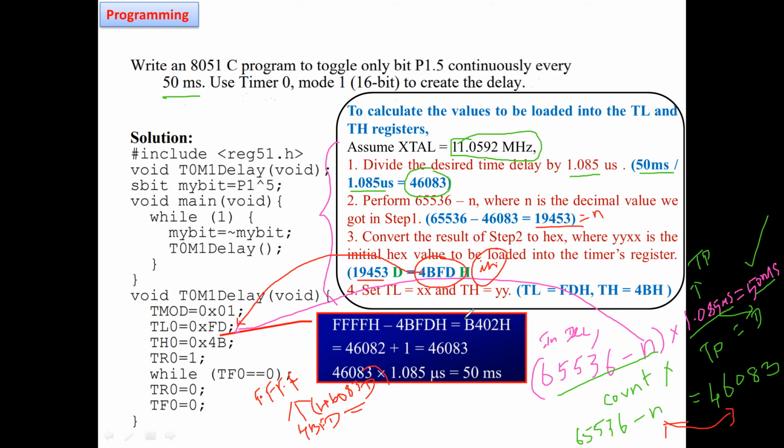See, for example, here you can see these many counts, 46,083 into time period. That is the time period which is provided to the timer clock. This will provide your delay. This many counts from the initial value is required to reach the maximum value. Okay, that you should understand. But always in the timer, you should provide the base value, not the number of count value. Base value we should provide. Okay.